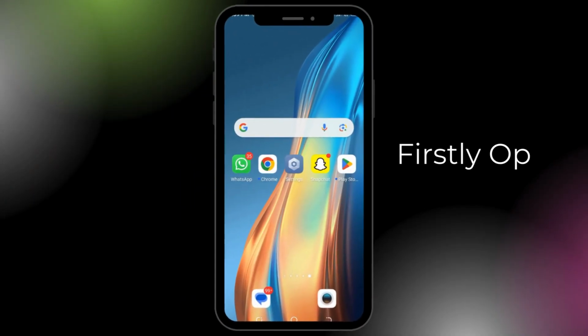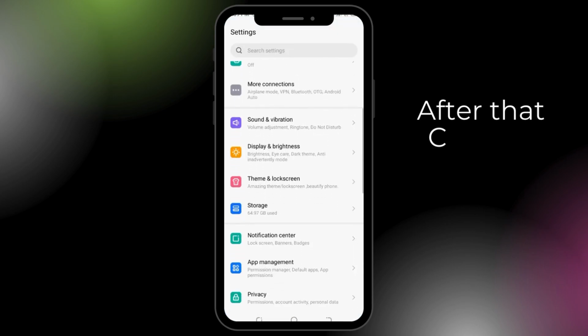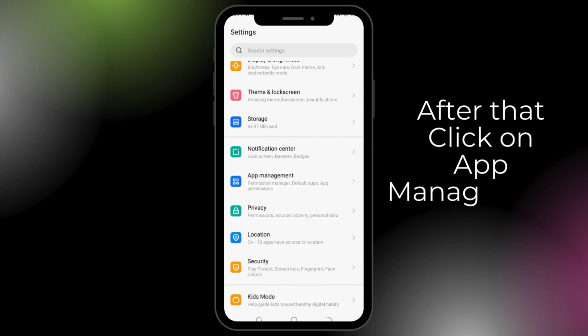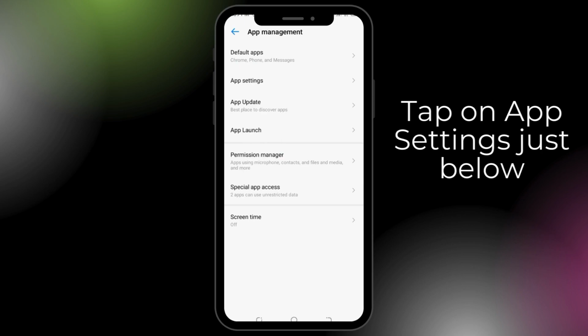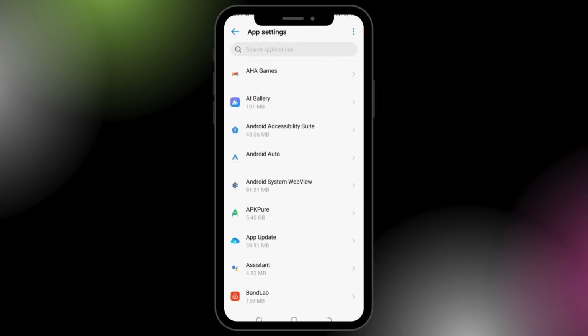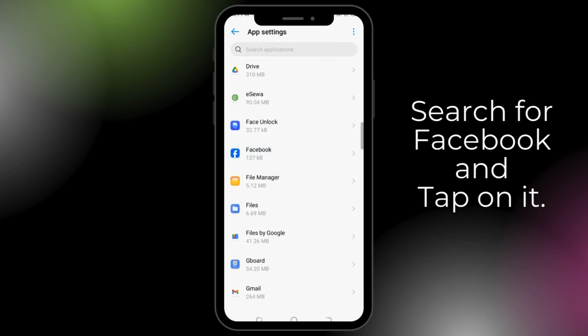First we have to open our settings, and from here we have to go to the app management and tap on the app setting just below the default apps, and we have to search for Facebook, and right over here tap on that option,